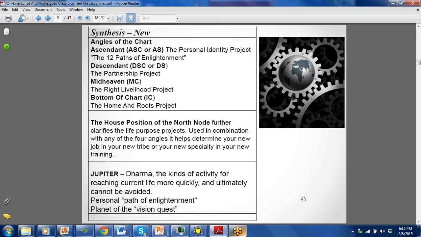Yeah. So on the slide that has the synthesis that we're working with, they're actually listed in level of importance. So the most important, of course, is the ascendant, the personal identity project, or the 12 paths of enlightenment, and then, of course, its opposite point, which creates the relationship axis, and then the angles. So the angles of the chart are most important for determining what the purpose is, why a person's here, and what they're working on. The house position of the north node is next in line. Jupiter is third. And I'm just noticing that's not on this chart, but the very last thing of importance would be planets with the nodes,